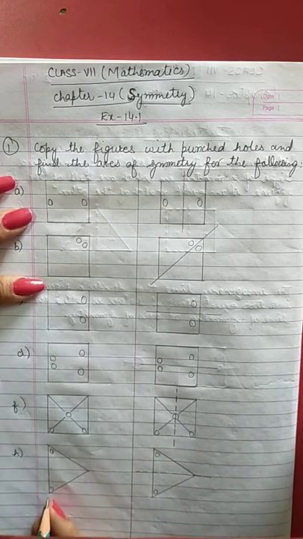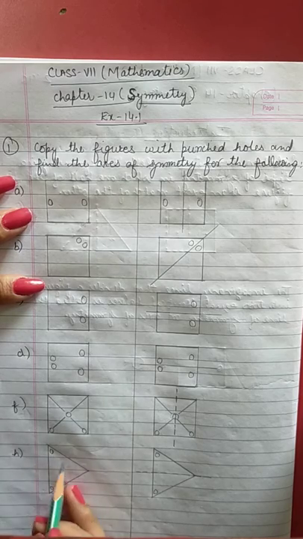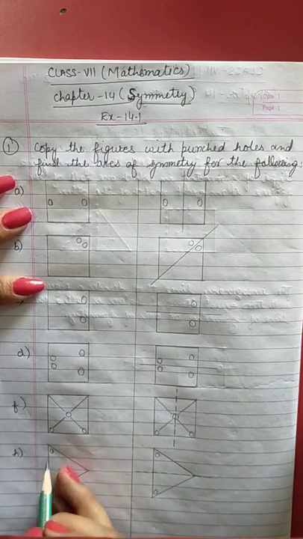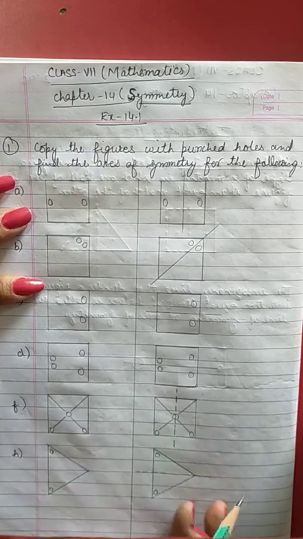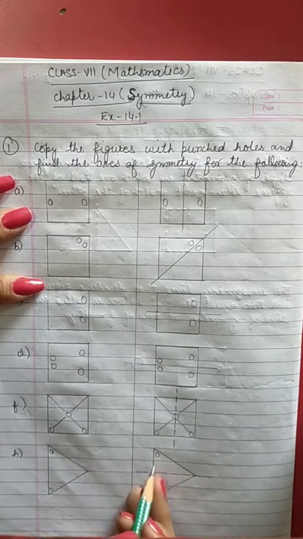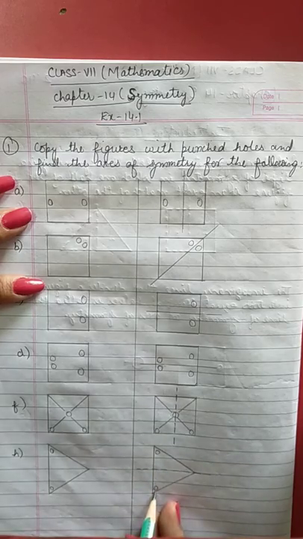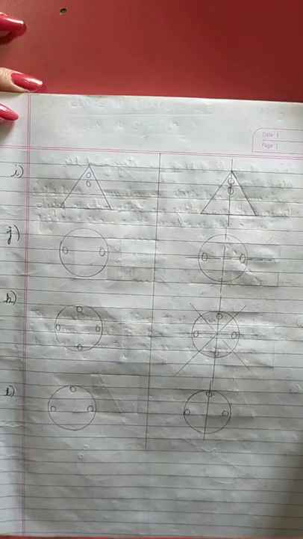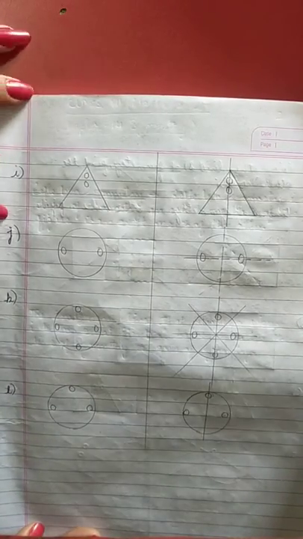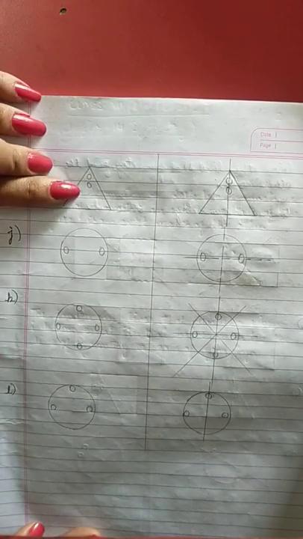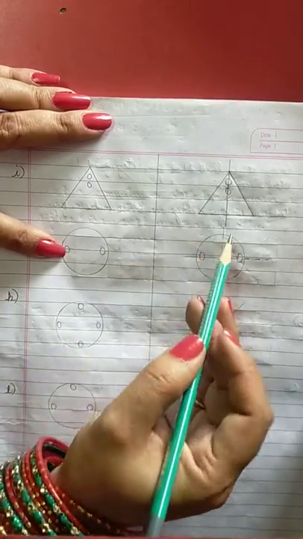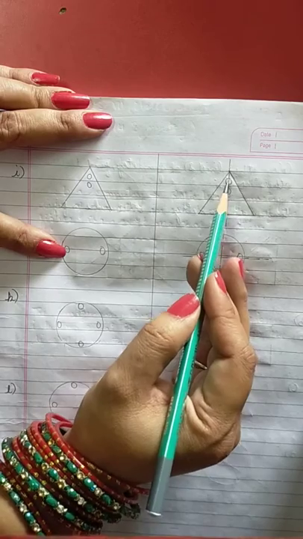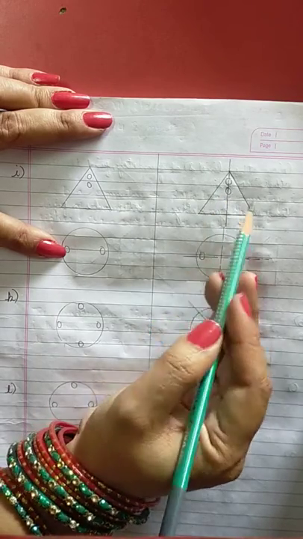Then same here in H, you can see I have a triangle. As it has holes on the corner, I will draw this one as a line of symmetry, so that this one circle will overlap this. So in this way you can simplify these sums. See these parts I, J, K, L. I have two circles here. So we will draw a line so that these two circles will cut and they will overlap each other while folding.